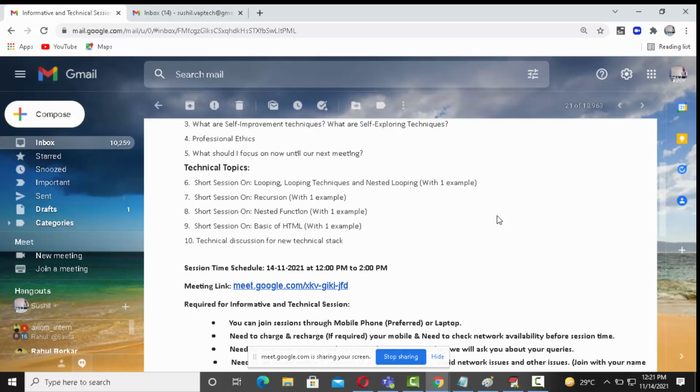The next question was asked about nested functions. I just gave an example. You can refer to a function from another's definition, and it is an example of a nested function. Function means what? Instead of writing every process in main, you can define a separate block outside main. It becomes a shortened program